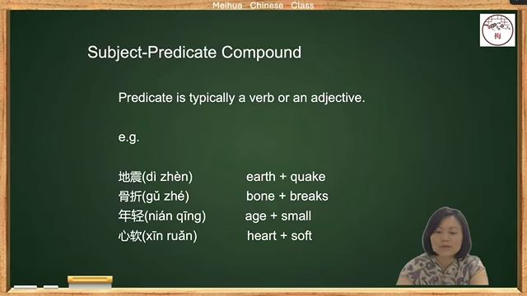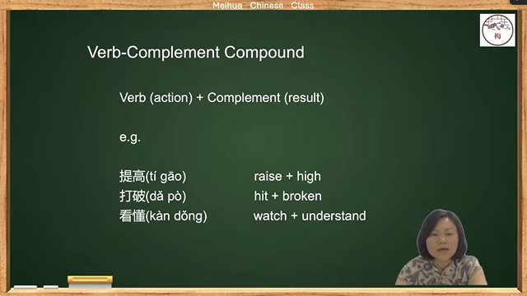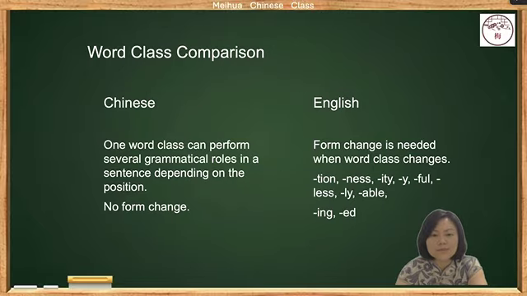As we can see here, I've given some examples. Actually, these examples can function as different elements in a sentence, depending on where they are put in a sentence. Not only depending on their word class by nature, which means even though one word is usually functioning as a noun,